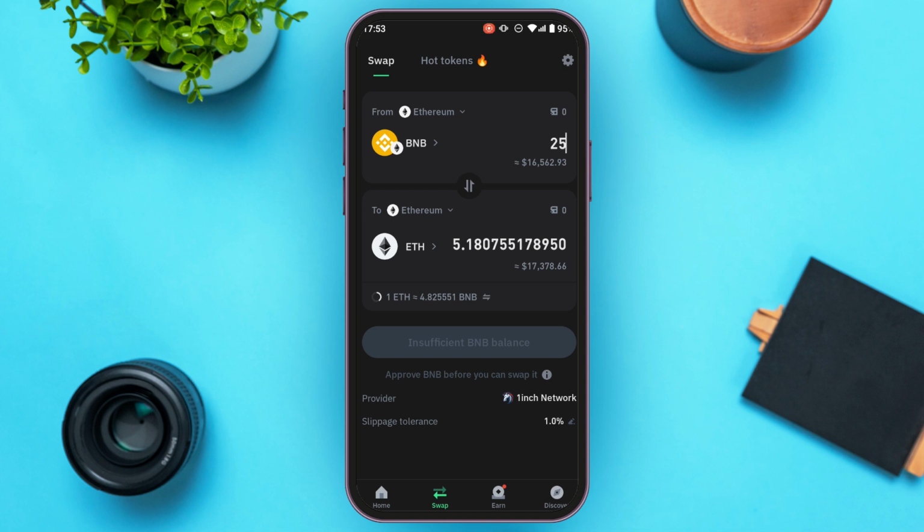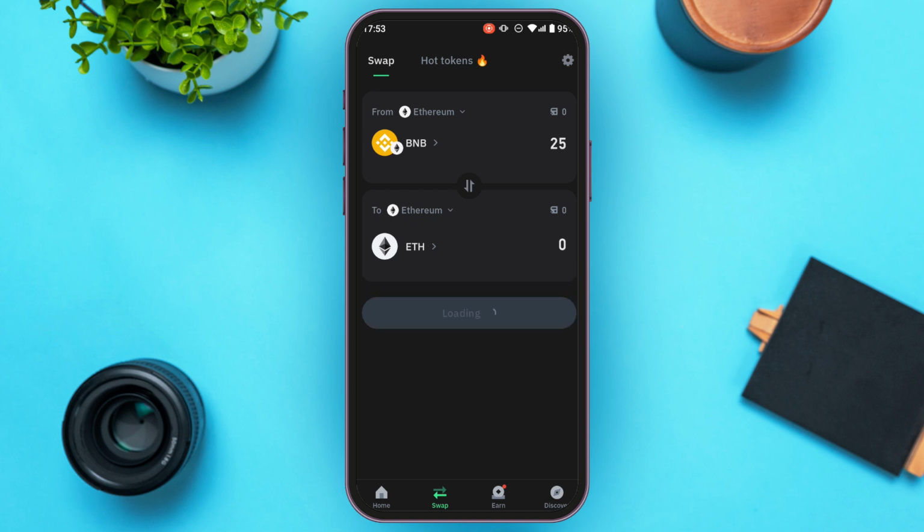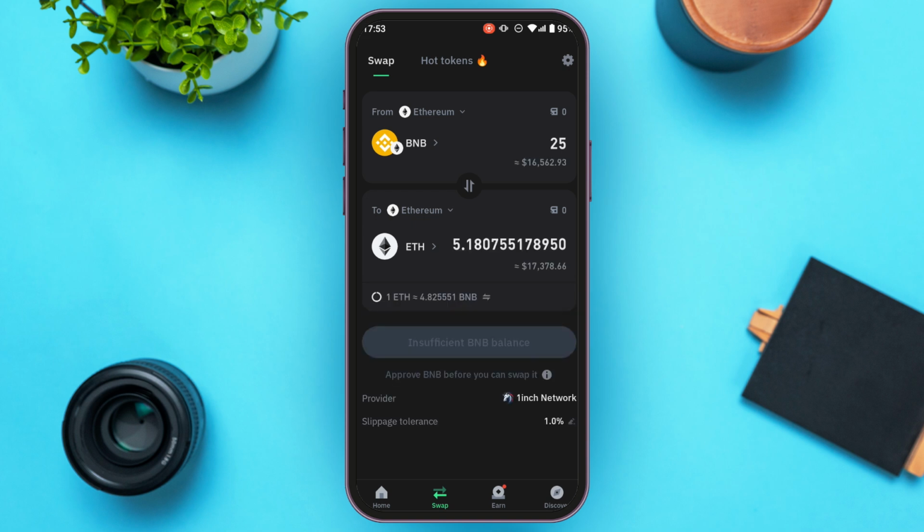Right now I do not have sufficient BNB balance, but if you have sufficient balance over here, you'll be able to find the option for continue. All you have to do is tap on it. After that, you'll be led to another interface. Now all you have to do is follow through the prompts and complete the transaction. After that, your BNB will be converted to ETH. So that is how you convert BNB to ETH in Trust